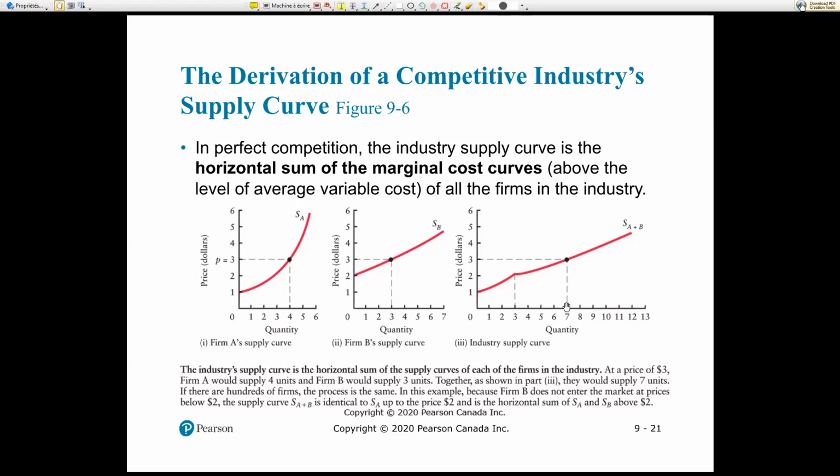One thing that may look weird to you is this small kink there. What happened there? Well, it just so happened that here you have only the first firm, which produces from price 1 to 2, because the first firm starts producing at P = 1. The second firm makes less profit, so it only starts producing at P = 2. Here, of course, it's not going to produce a negative quantity, it's going to produce 0. So you have a sort of jump.